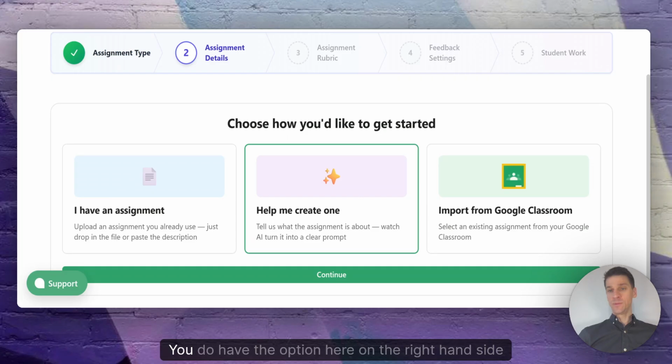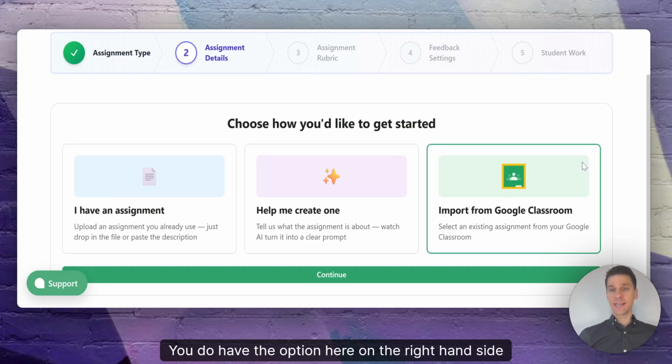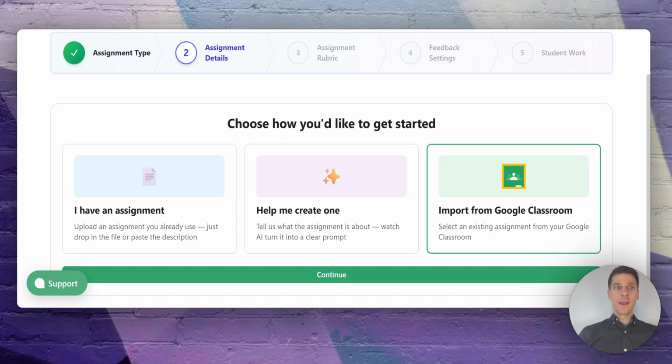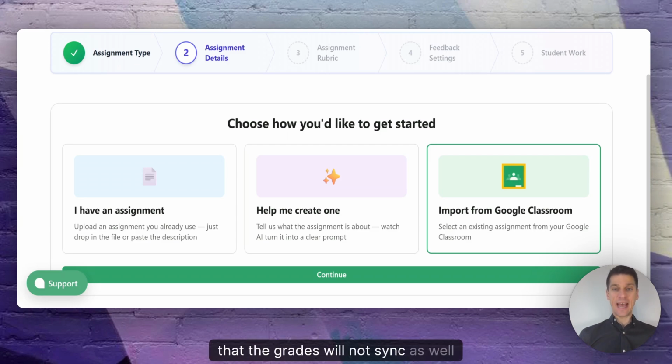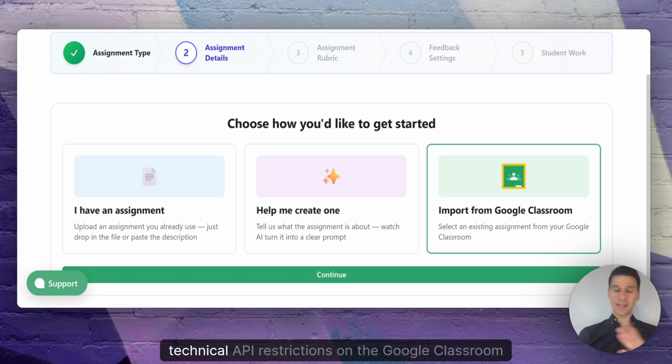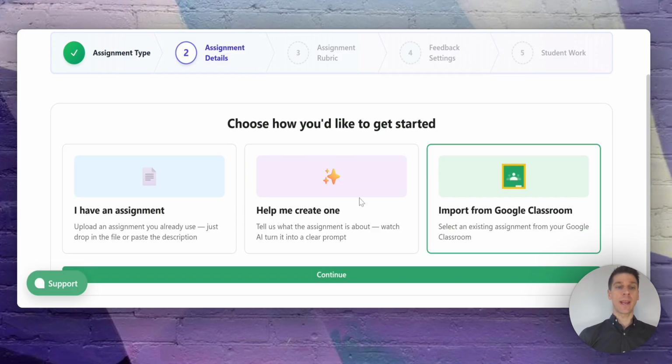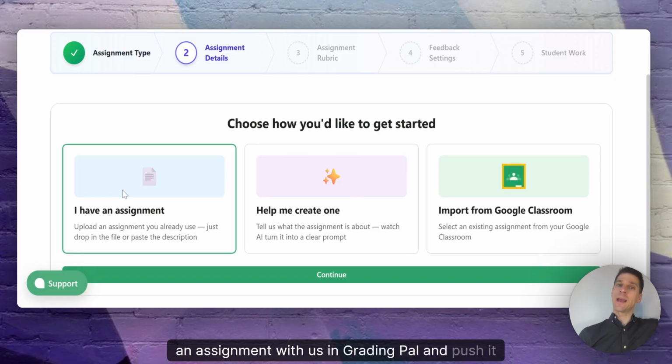to Google Classroom. You do have the option here on the right-hand side to import from Google Classroom, but we need to caution you that the grades will not sync as well due to some technical API restrictions on the Google Classroom side. The integration works seamlessly when you create an assignment with us in GradingPal and push it to